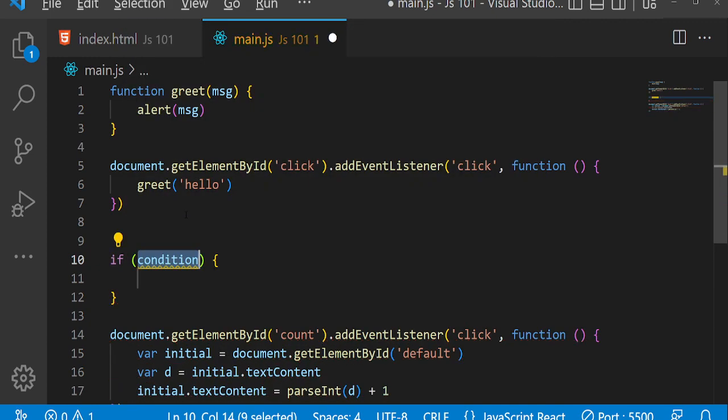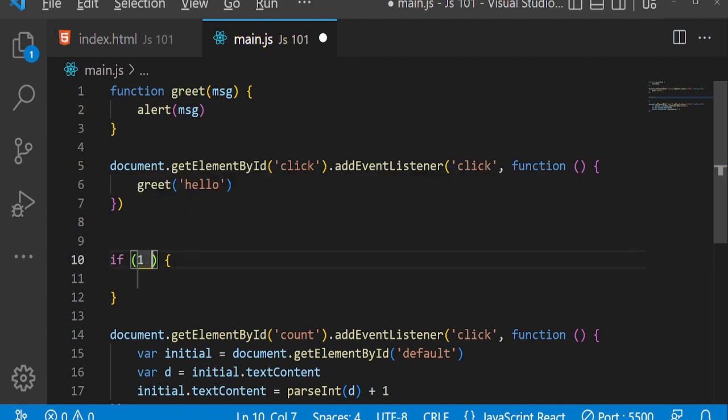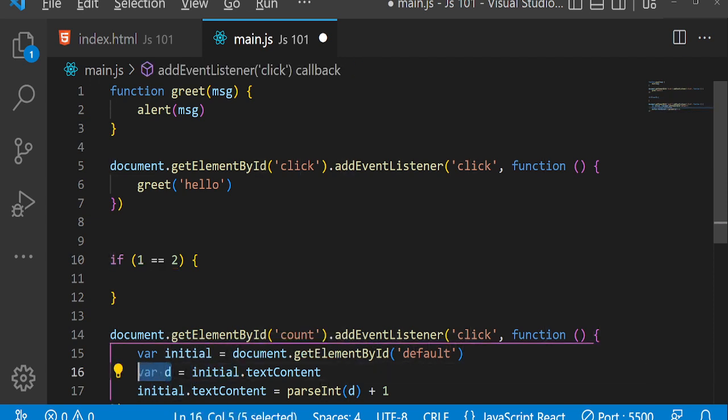Now this is the syntax. If and then the condition. So what is the condition? What are we trying to check? We are trying to check if 1 is the same thing as 2. Now there is a difference between assigning and comparing. You see, when you are assigning a value to a variable, you are using the assignment